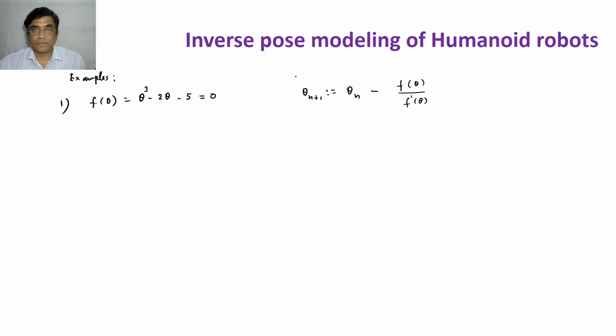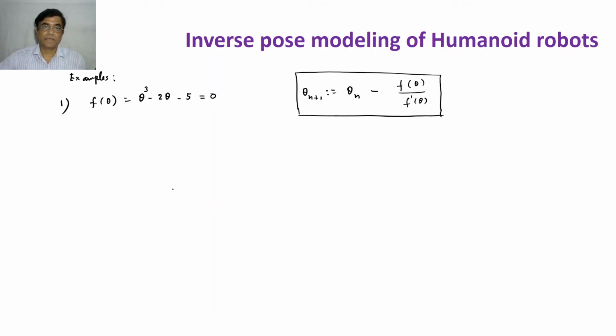But to run this algorithm, you need a very judicious initial guess. Otherwise, your theta may not converge. And how to get that? That is the trick. It is very easy. Say, put